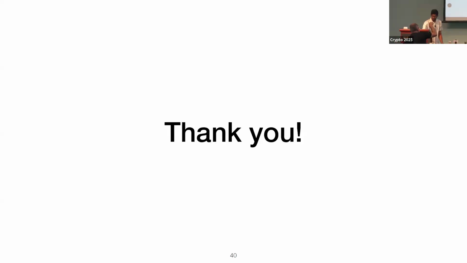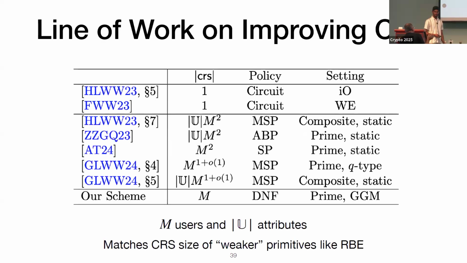If you can maybe show us the CRS slide on the previous thing. So when you say that the CRS is proportional to the number of users, are there any issues in matching, if the universe is huge, but the subset of users is moderate? Are there any issues with matching users to their positions? So you assume that users know their position and it's bounded, and you need to pick a location when you post on the bulletin board?